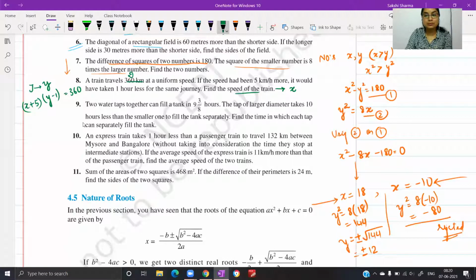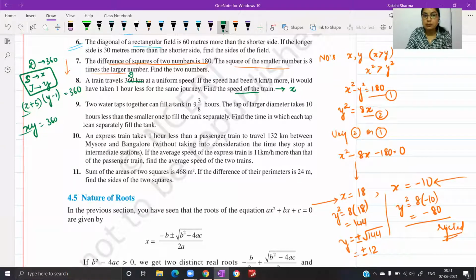Anyone else? y equals 360 by x. If we just consider the facts given to us, you have taken the time as y and the speed is represented as x. Originally, the distance covered is 360 with speed x kilometers per hour, time y hours. So using the original values, you have xy equals 360. So these are the two equations you can have, and xy can be replaced by 360 afterwards.